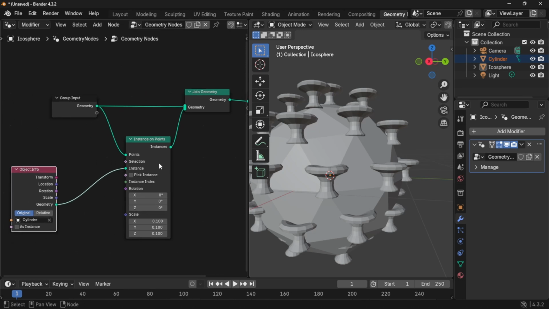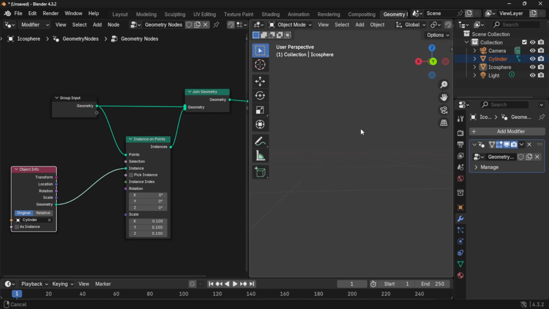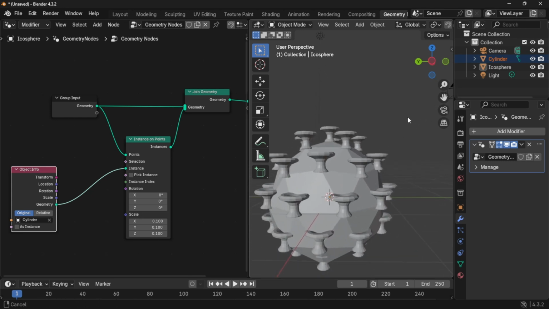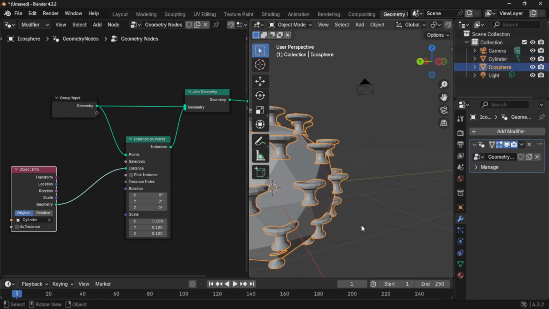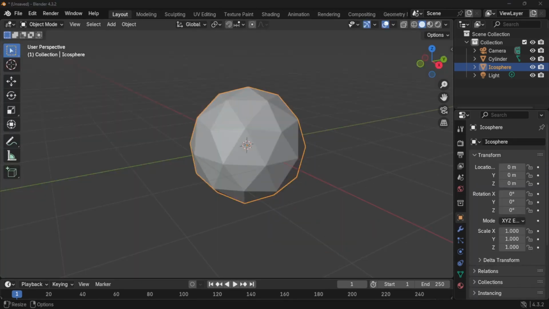So what really happens here is we have the rotation of 0, 0, and 0. And so basically it will just spawn our shape as it is, like our cylinder or spikes as it is. So what we want to do is we want to basically align these shapes with the direction of our point. So one thing to show you is if I go to layout and we will click